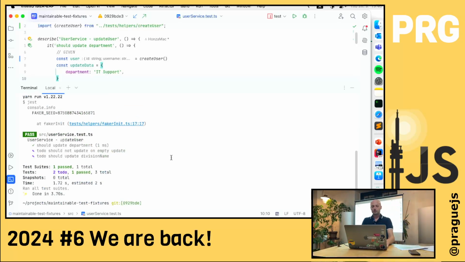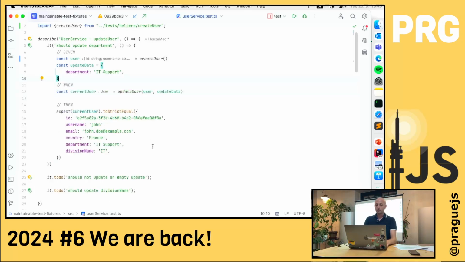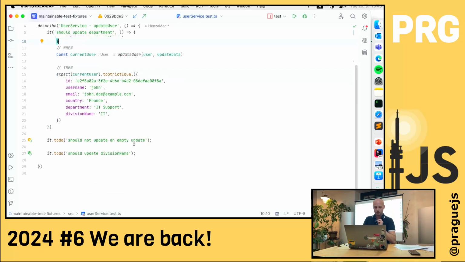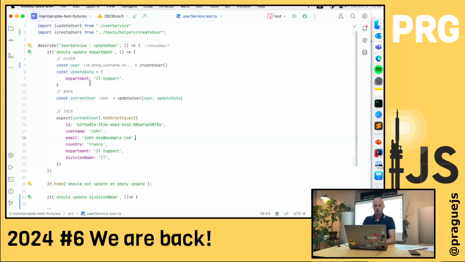We simplified it with the inputs, and now we will try to implement the second test, this one, should update division name. So it's not to do anymore. I will just add here some code.